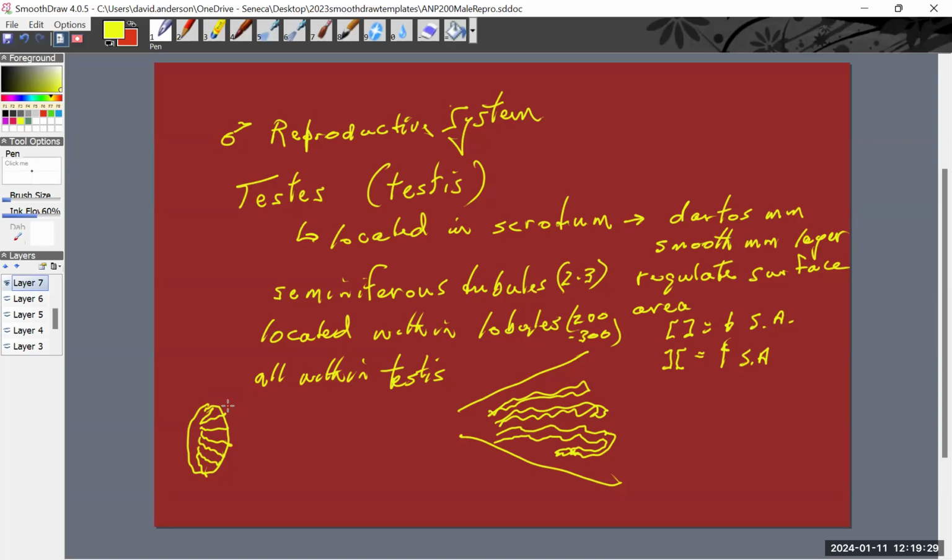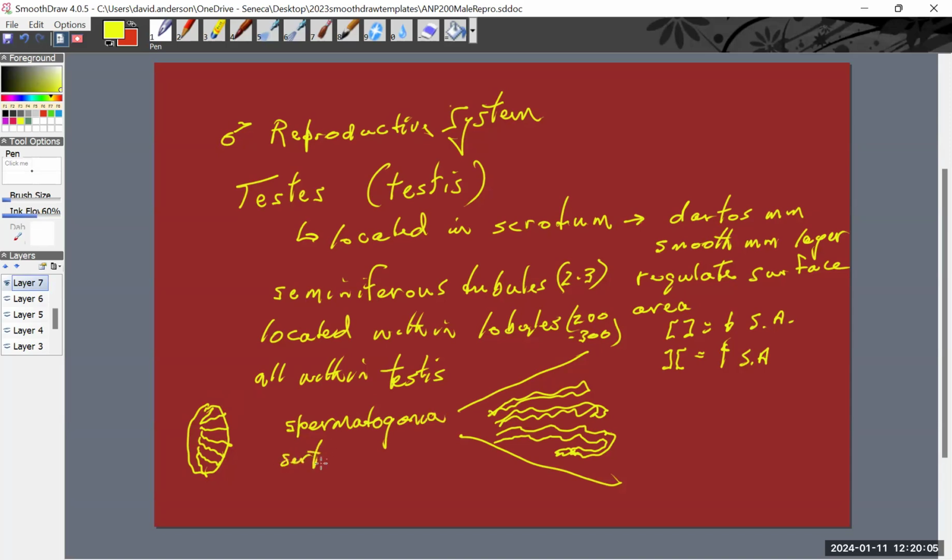So the seminiferous tubules contain the cells that are going to become the gametes, spermatozoa, and those are initially referred to as spermatogonia, undifferentiated spermatozoa at that point. And also a cell type within the seminiferous tubule that's known as the Sertoli cell. So we have spermatogonia. We have